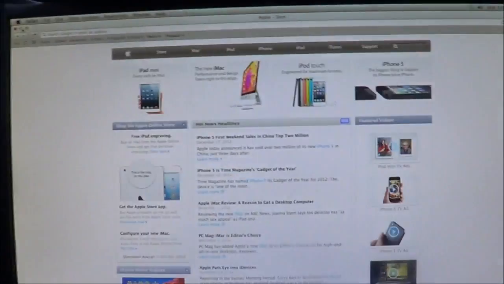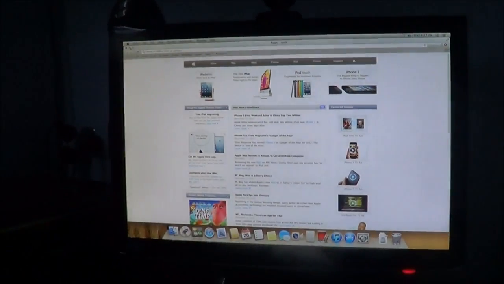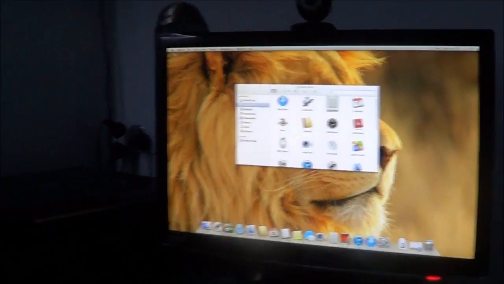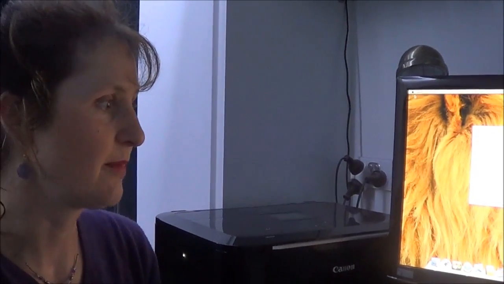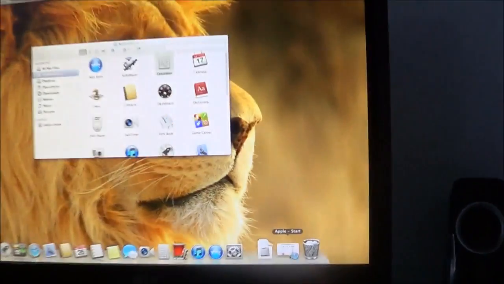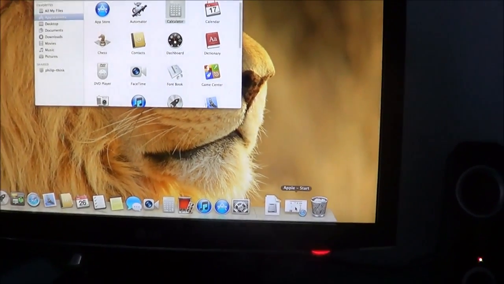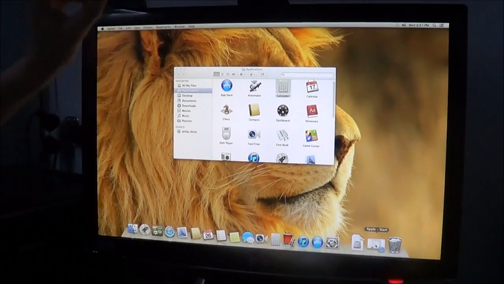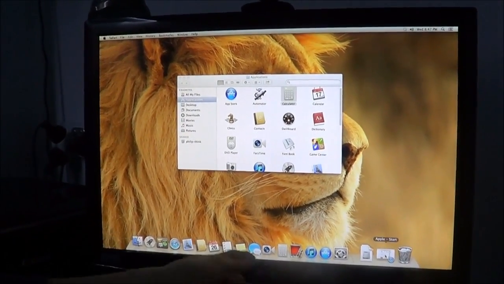Well, tell me what you think about how it minimizes. So click on this one. Did you see where it went? It's like it gets sucked up by something. Do you find that pretty good? Because you know exactly where it went. It had the web page and it got pulled into a space. So you can click it. So if you minimise something, it just gets sucked up into